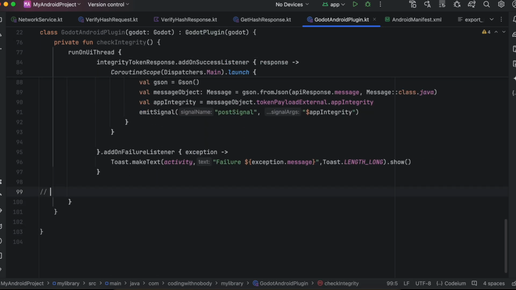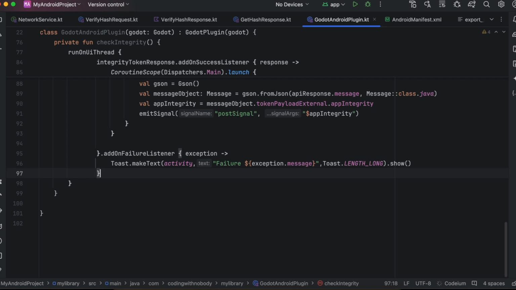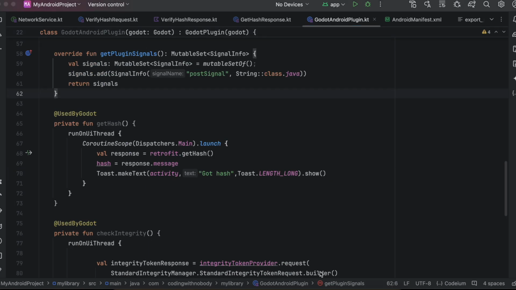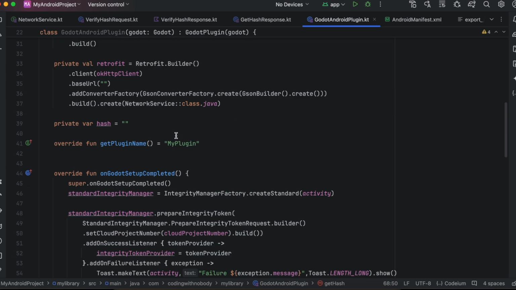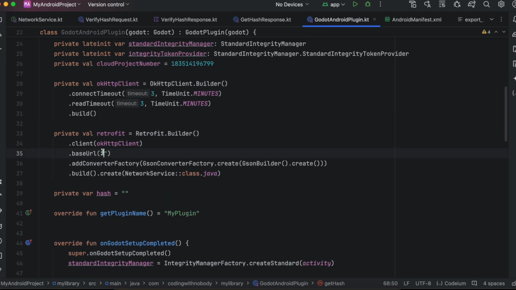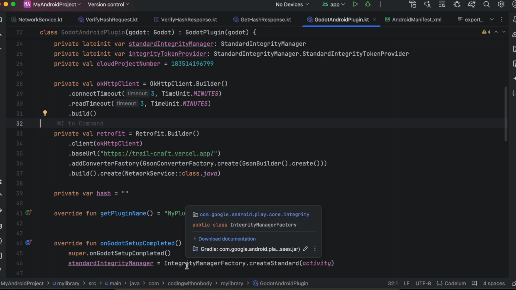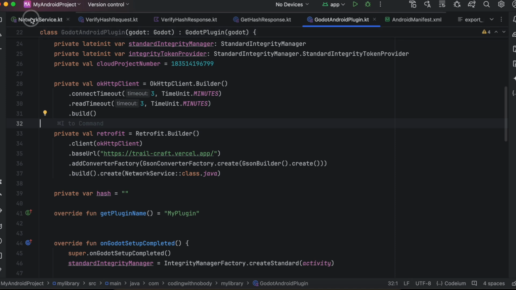Okay, so this is all the code for it. Now let me enter my base URL. The next thing we need to do is enter my base URL over here. Make sure that after you enter your base URL, you also enter this slash. This is very important. You don't need to enter the entire thing, because if you look inside network service, we